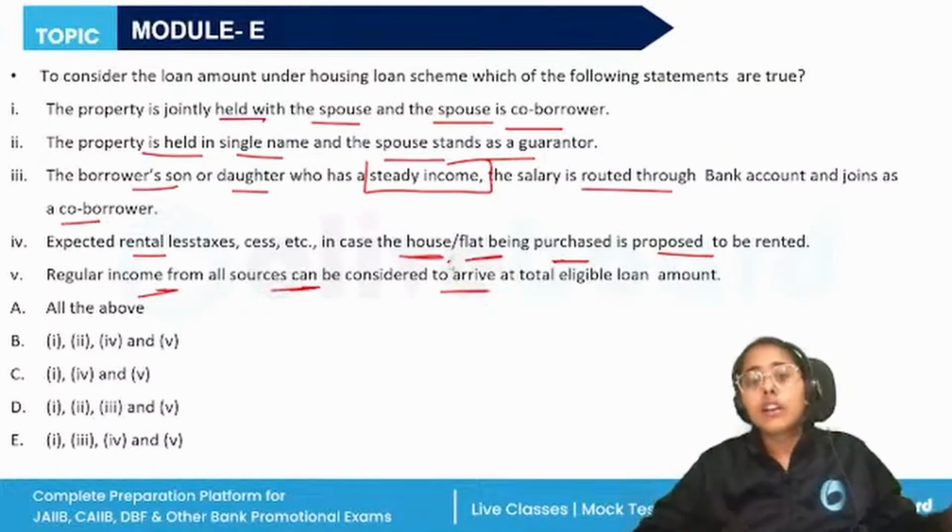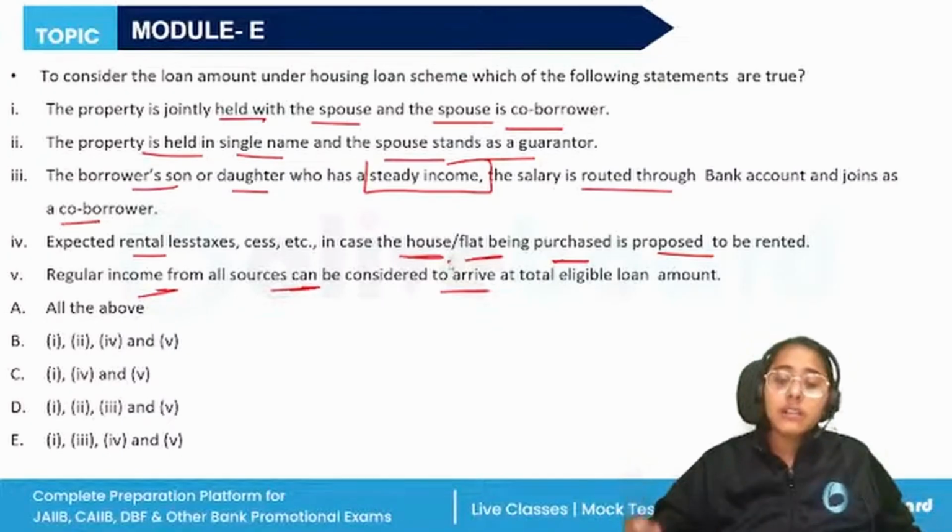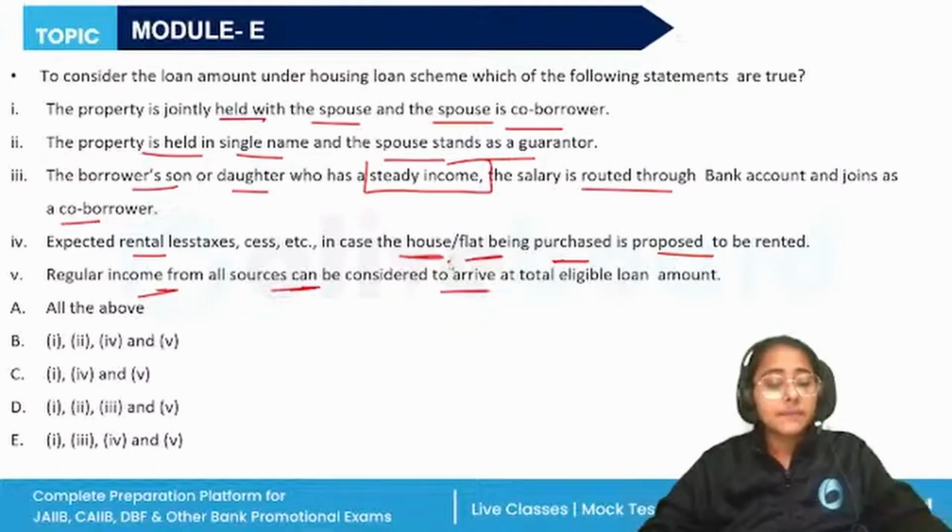So when we talk about the appraisal of loan, so loan origination, the process is right from the time the customer walks into the bank with a request for loan till the time the loan is finally disbursed. So we'll be having various stages here, like the information acquisition, the credit appraisal, sanction, disbursement, and the follow-up. So in the credit appraisal process, we decide the quantum of loan which is to be given. So what all we take into consideration when deciding this?